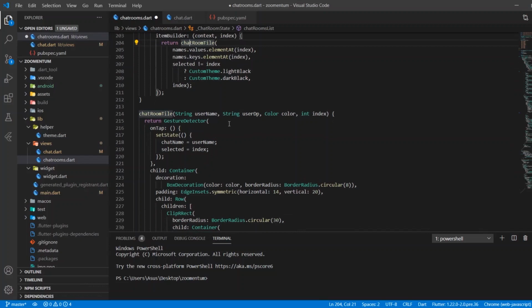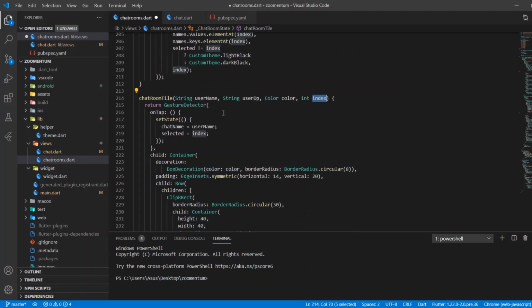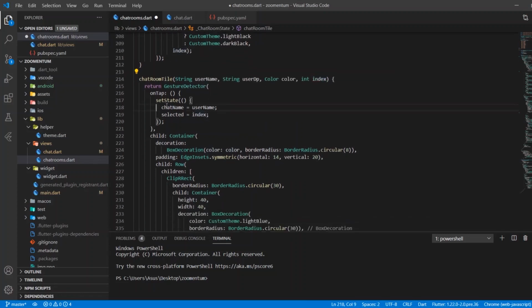In the chat room tile, there are three things: the profile picture, the name, and the message, the last message string basically. Also the username, the color taken, so what color should be displayed, and the index for that list to build up. So I've created a chat name, and on tap I set state the chat name.